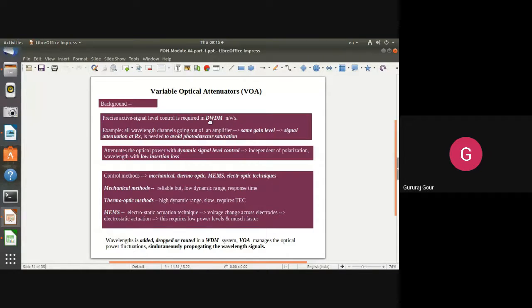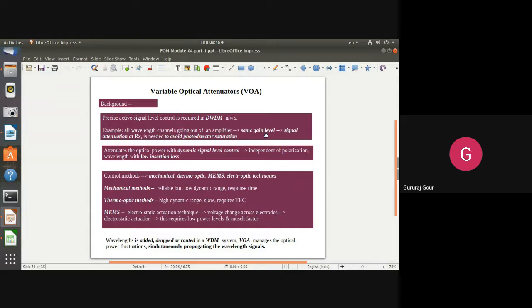That is dense wavelength division multiplexing. Another one we have is coarse wavelength division multiplexing. So in DWDM, more accurate control of the optical signal level is required. For example, all wavelength channels coming out of an amplifier, suppose lambda 1 to lambda 5, then we